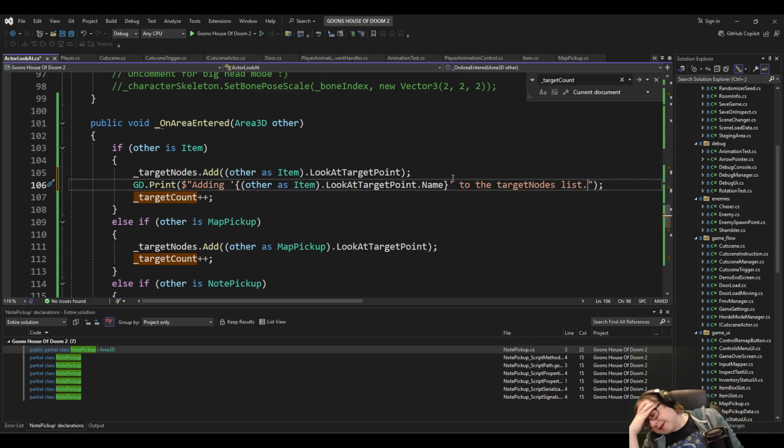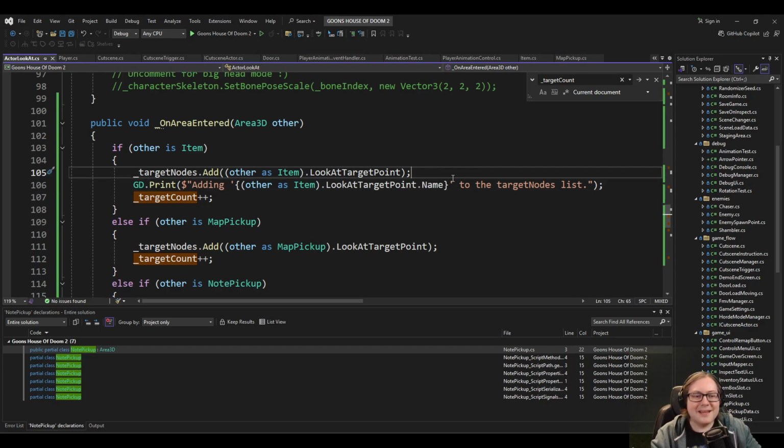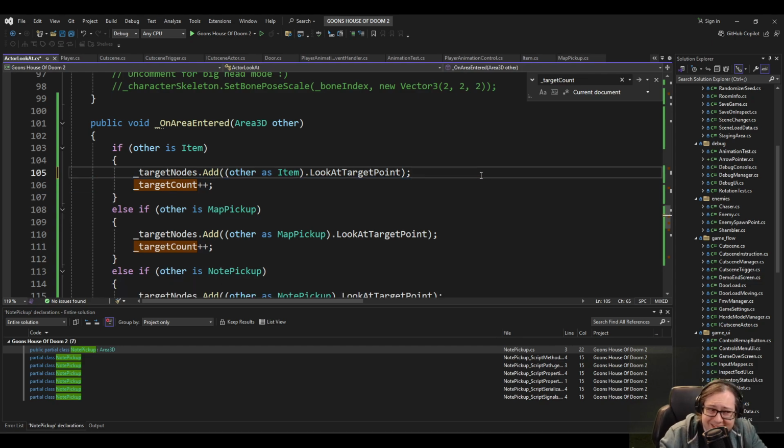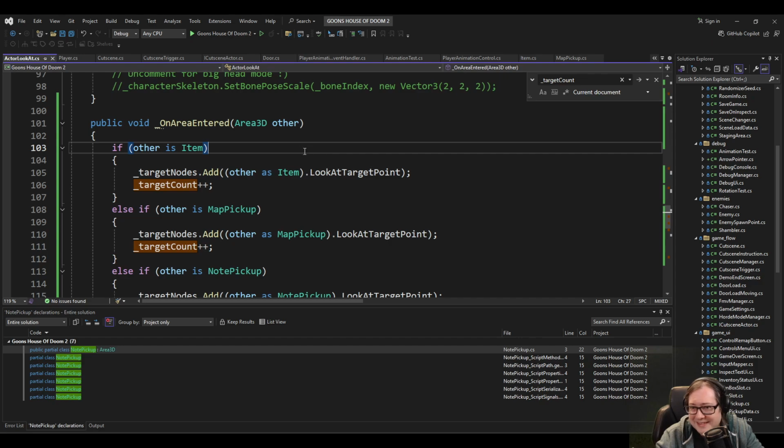Oh, no, I know exactly what the problem is. I completely forgot to do this. I think I even said I'm gonna forget to do this, but here we are. I've added this parameter, look at target point, but I need to go populate it in every single item in the game. Right now, it's null. I'm contemplating whether I should put a null check in here and say that's null, but